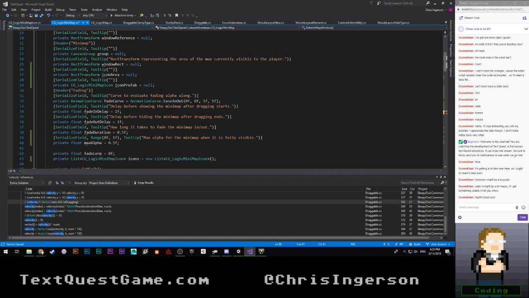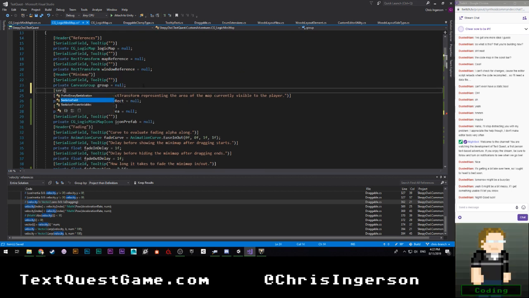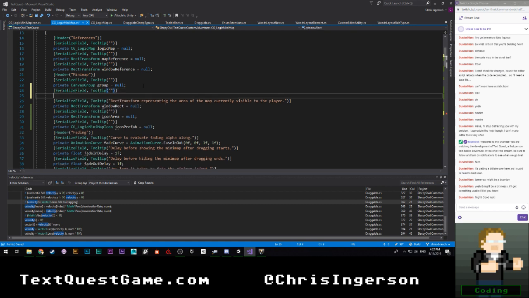I guess I can do icon area. That would kind of make sense. Yeah, that would make sense. No, it wouldn't. It almost would make sense, but so we're going to go ahead and put that here then. Say serialized field, tooltip, blah, blah, blah, private,